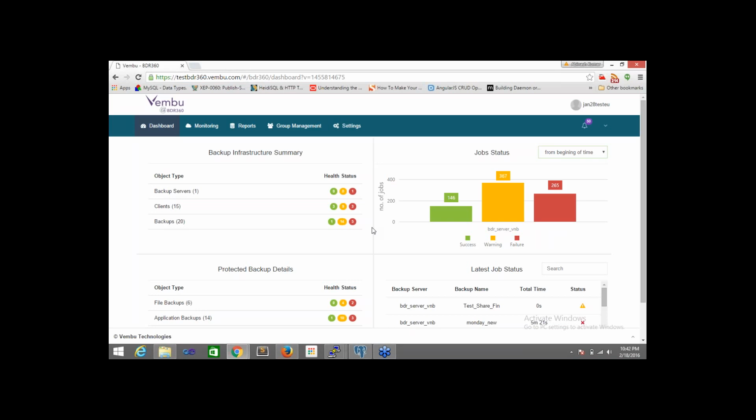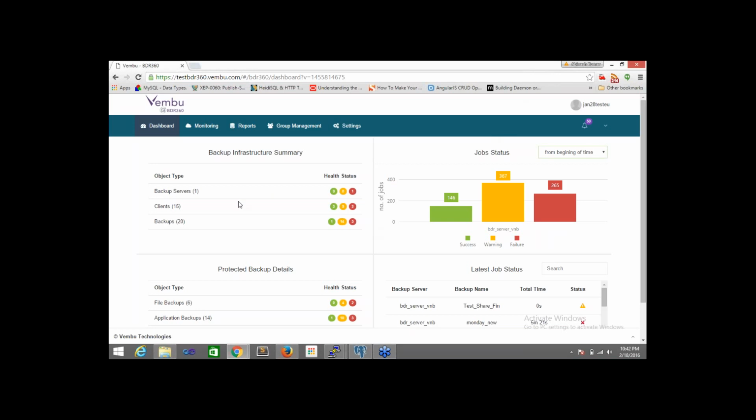As I explained in the challenges and in how it works, we have a particular dashboard which will provide you an at a glance view of everything, all the health status about the backups, clients, and backup servers. Over here, in the top leftmost corner, you have the backup infrastructure summary.